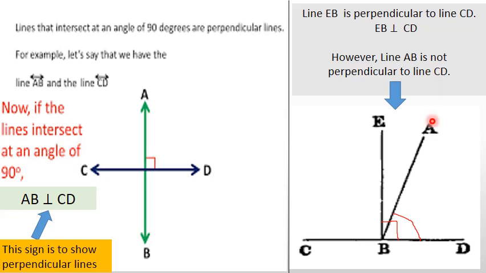But you can see that here line AB is not perpendicular to CD. The angle here, let me make it for you. The angle here, which is formed by line AB and line CD meeting at a point, is not 90 degrees, it's not a right angle, so that means line AB is not perpendicular to line CD. So whenever two lines are perpendicular, you should know what sign we use. We use this sign. Okay, got it?